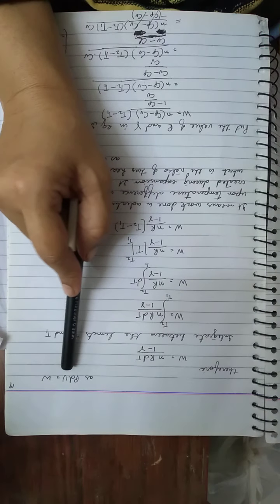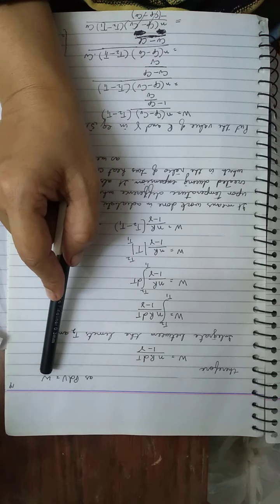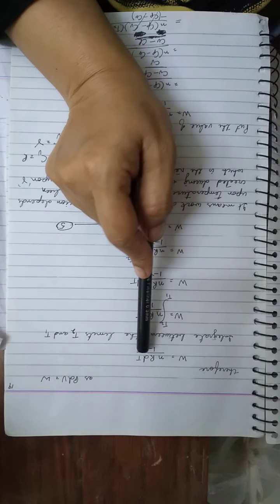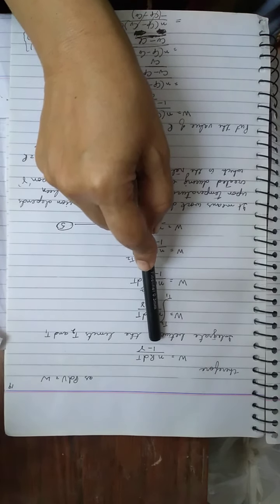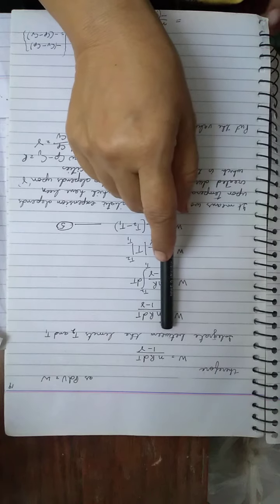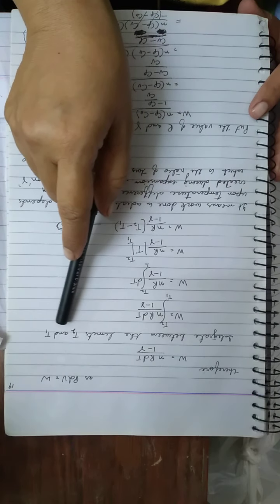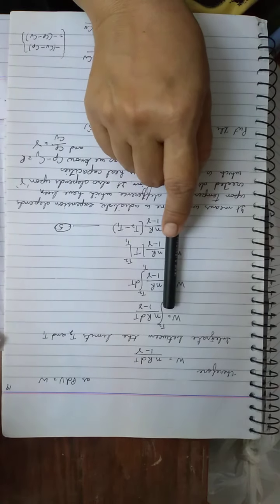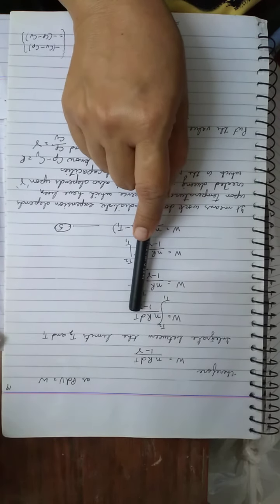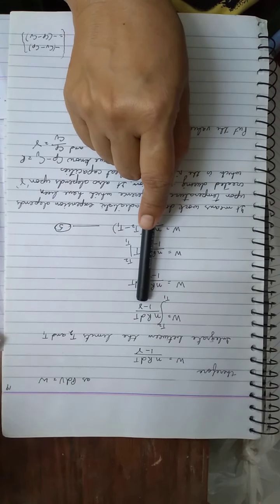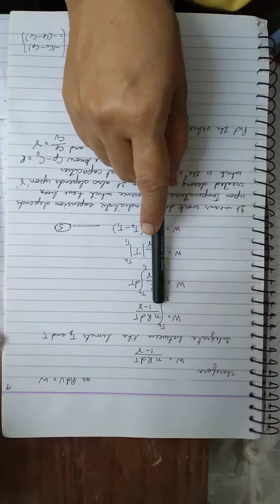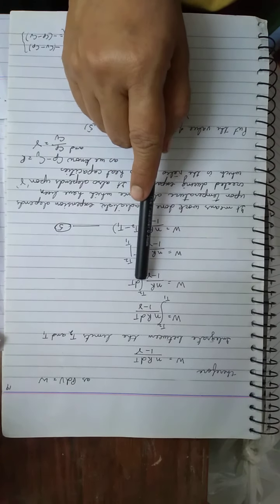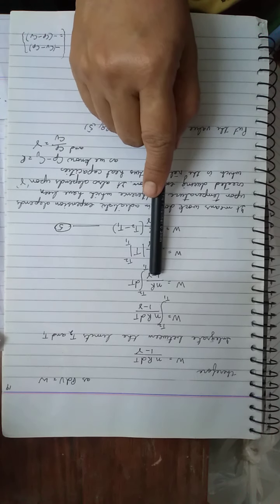As we know, PdV is equal to W. So we can write W is equal to nR dT by 1 minus gamma. Integrate between the limits of T2 and T1 to this above equation. W is equal to nR dT divided by 1 minus gamma. Put the sign of integration, T2 and T1. Bring this constant outside this integration sign.